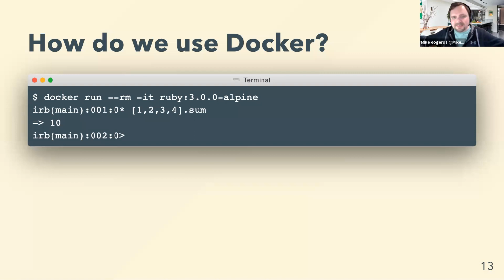So let's say you have a computer with a fresh install. You've just installed Docker and you want to run the latest version of Ruby. You could go out and install, I don't know, rbenv, asdf, RVM, whatever, go through all those steps, and it'd be a lot of work. Or if you just want to really quickly use Ruby in Docker, you can